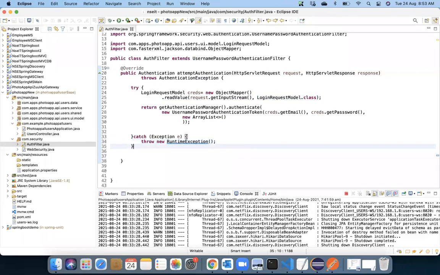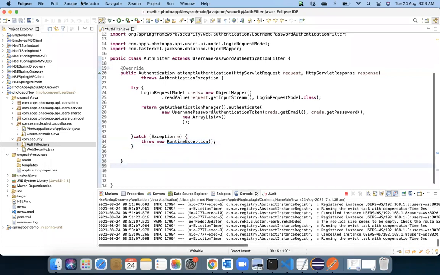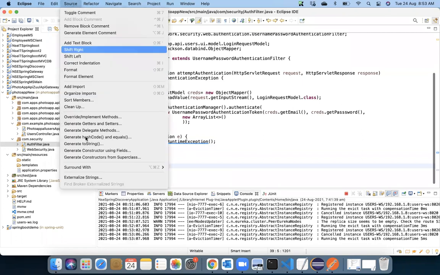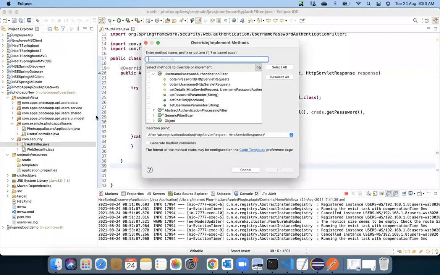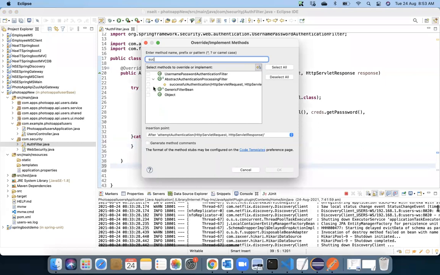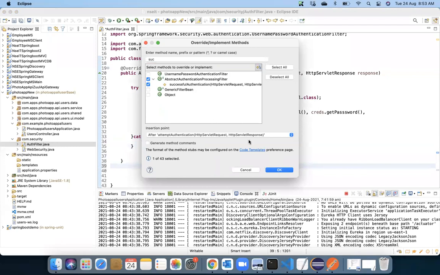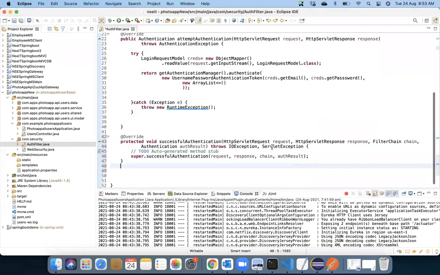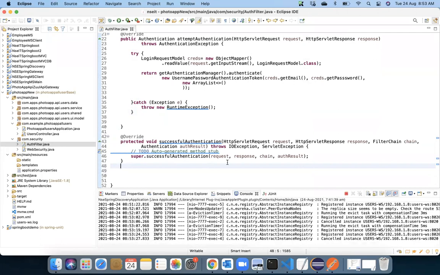I would like to override one more function, and that is called successfulAuthentication. You see there's one option called successfulAuthentication. Once the user has been authenticated successfully, then what should happen? That is what the main code is. Make sure that both your codes are running.